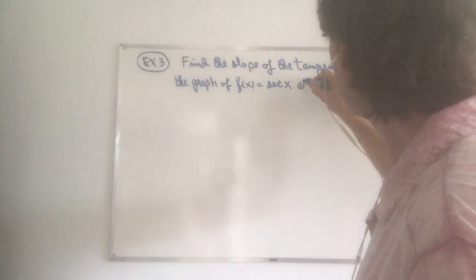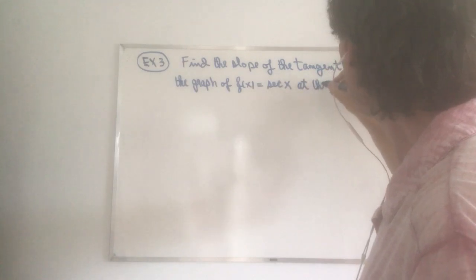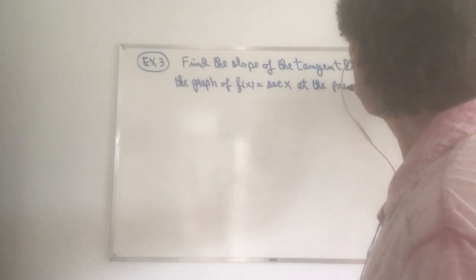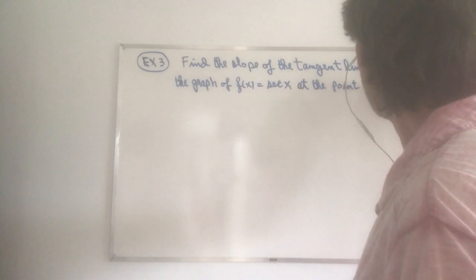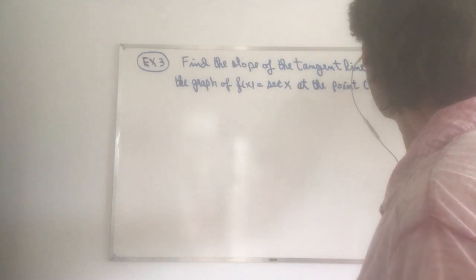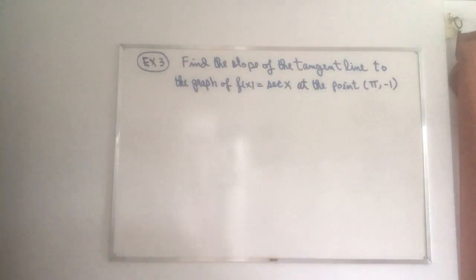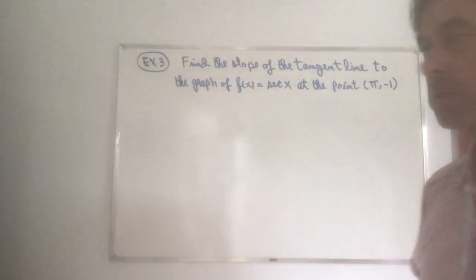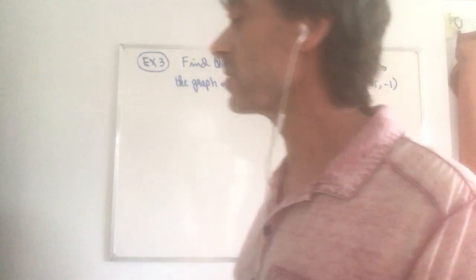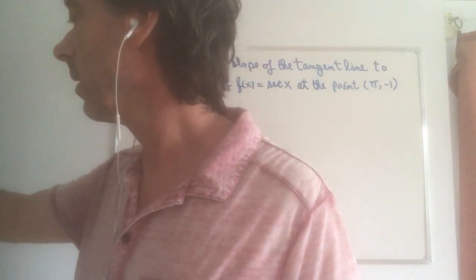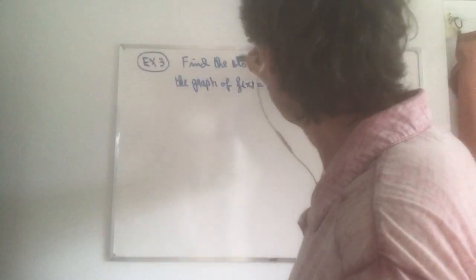At the point pi, minus 1. So find the slope of the tangent line to the graph of secant x at the point pi comma minus 1. All right, like I said, there's a little bit of a statement here, slope of the tangent line, that